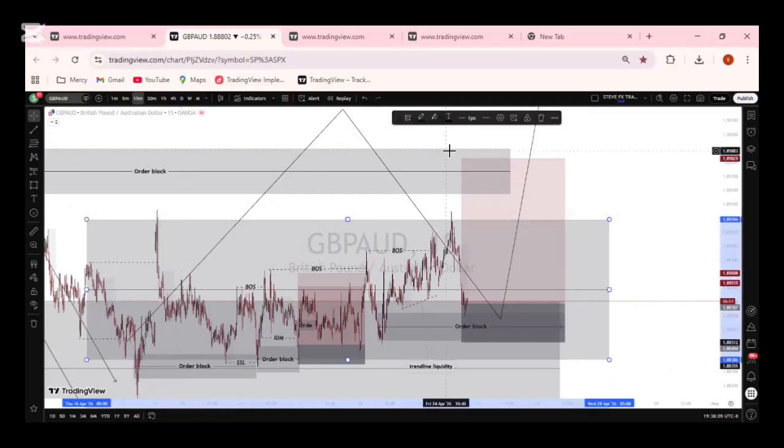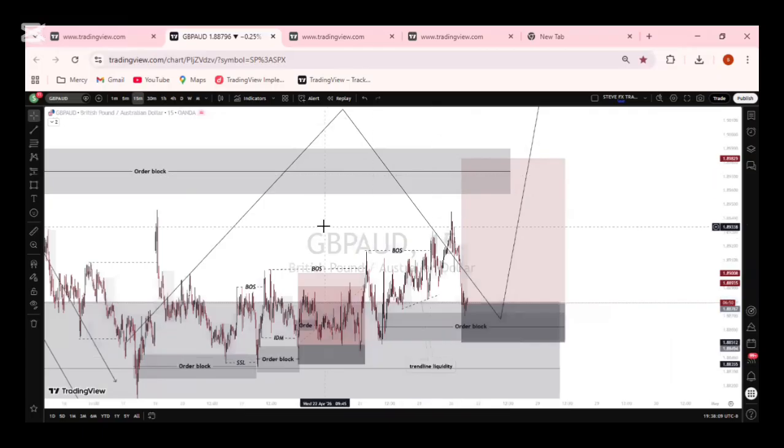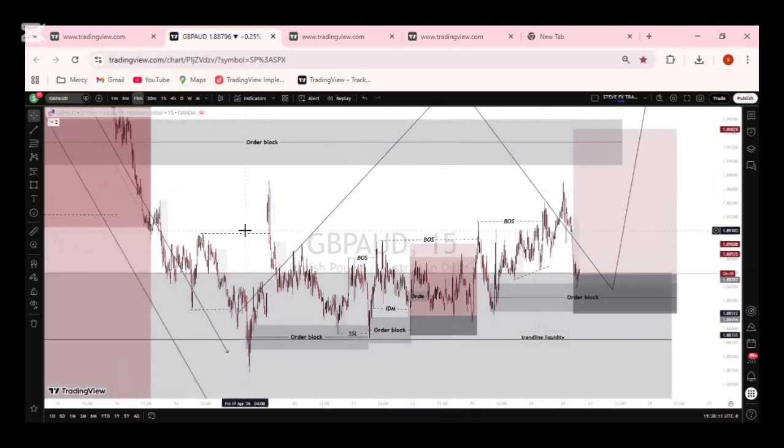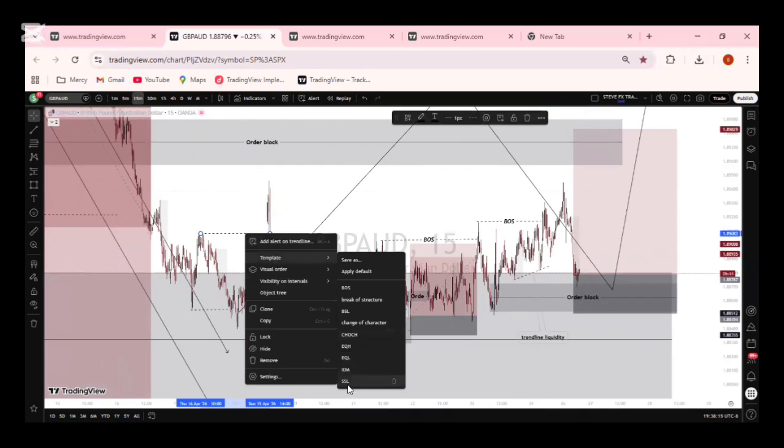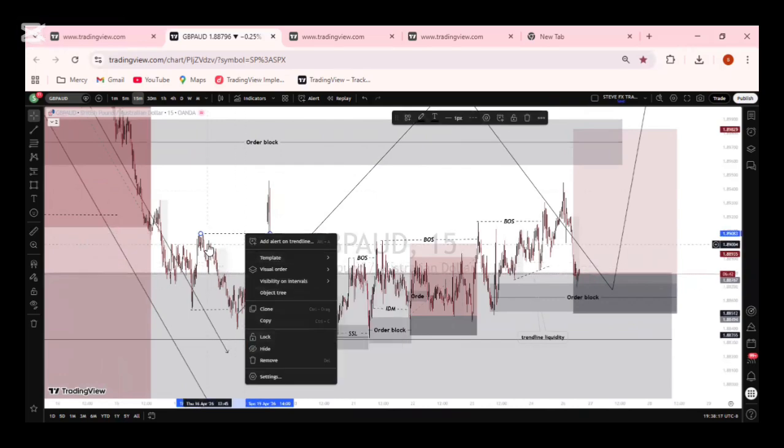Our internal structures give us more executional opportunities. So we see that we have this swing over here being taken out. And also we are reacting from a higher time frame point of interest. So this becomes our